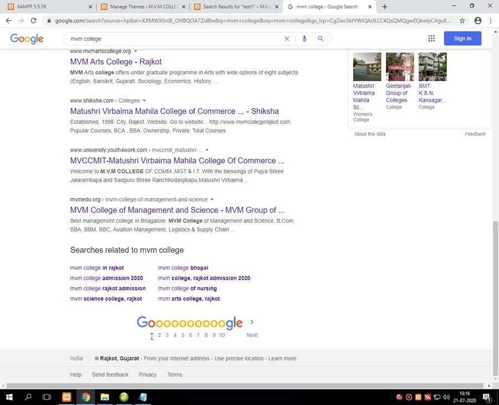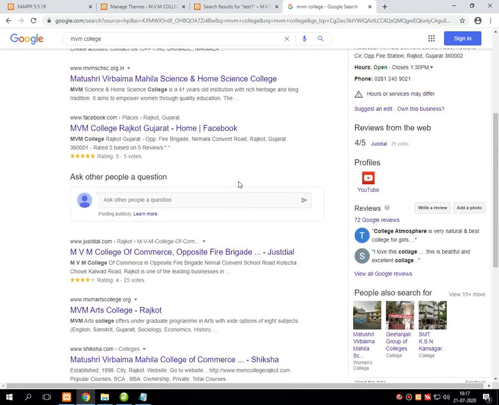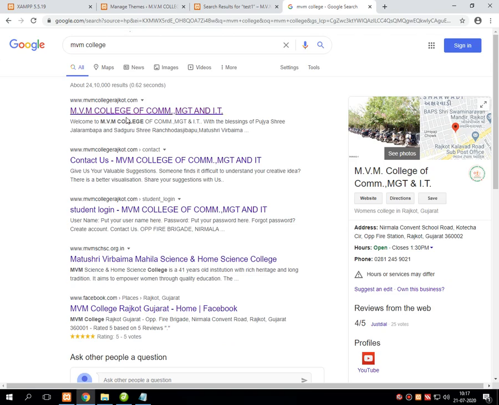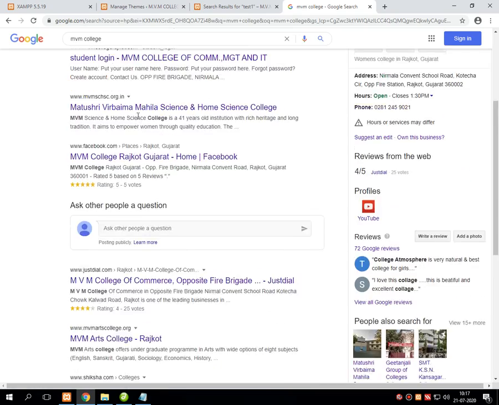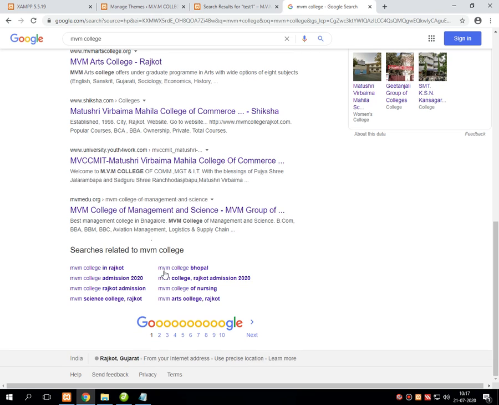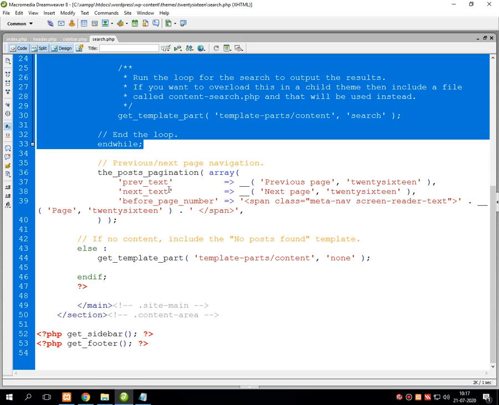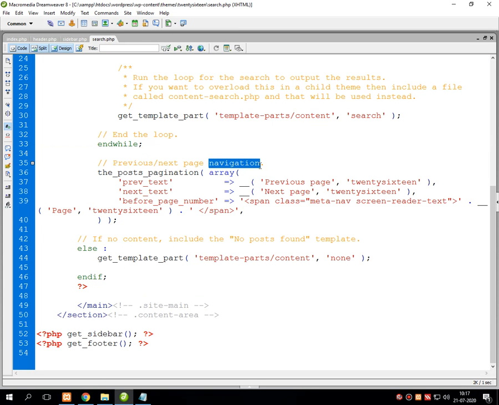Here you will find first, second, third, fourth, fifth, up to 10, then next also. It means there is a limitation on this particular page. That type of data is going to be displayed, and after that it will add the pagination. So this 1, 2, 3, 4, 5, and so on, which you can see onto the screen, are called paginations, or also called navigation.